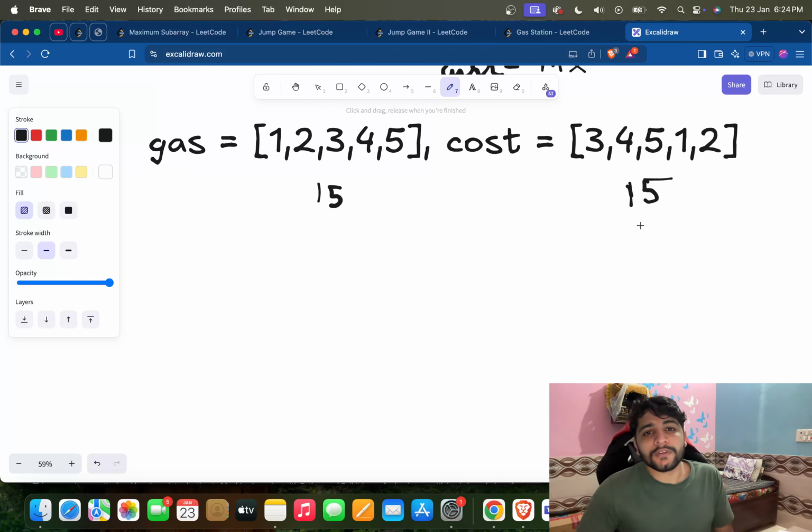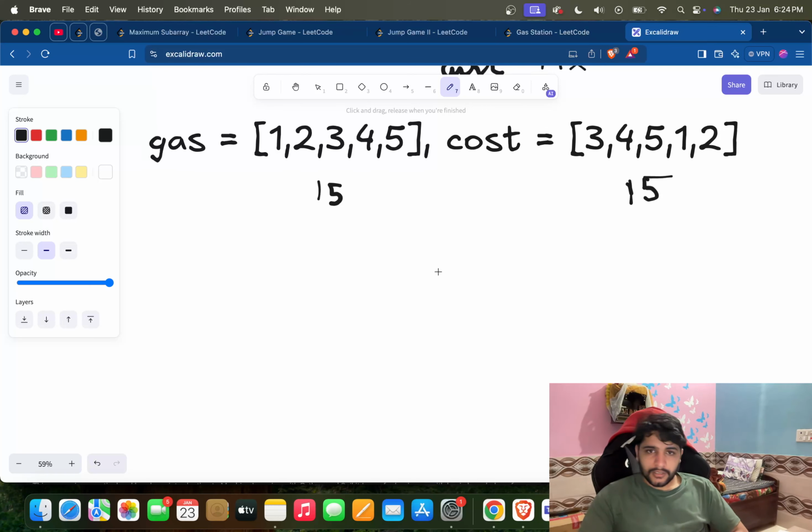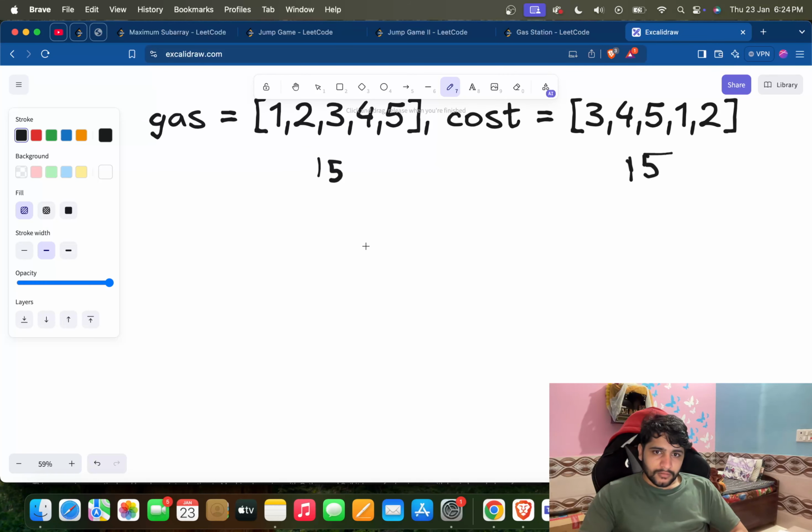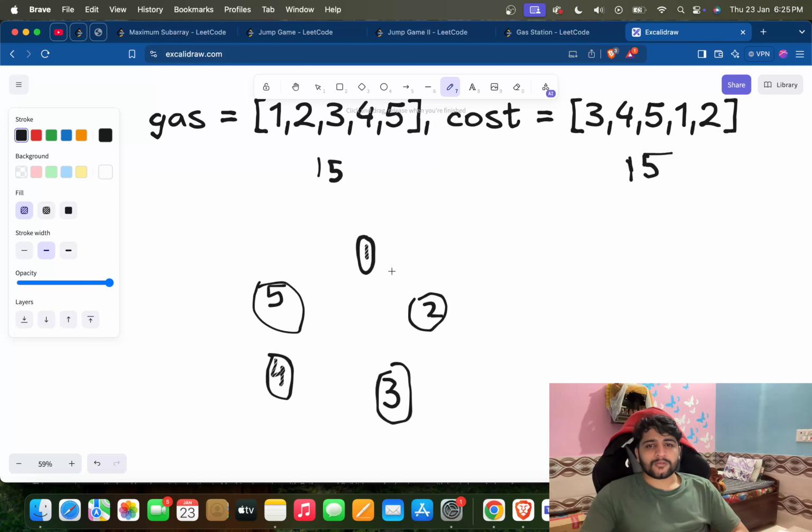Now we have to see from where we have to start so that we can travel the whole clockwise circuit. Okay, so let's say here is the first station, here is the second, here is the third, here is the fourth, here is the fifth. These are basically the 5 stations which we have, and they have some amount of gas, and their distances are